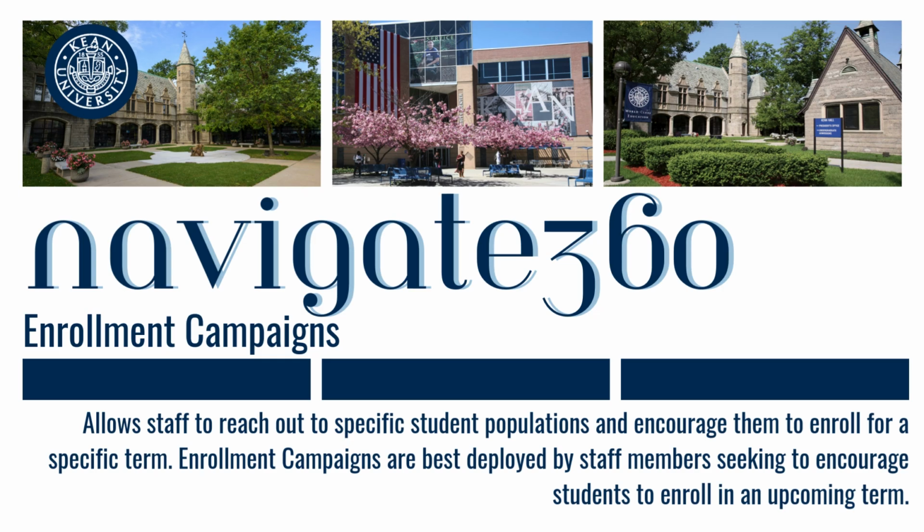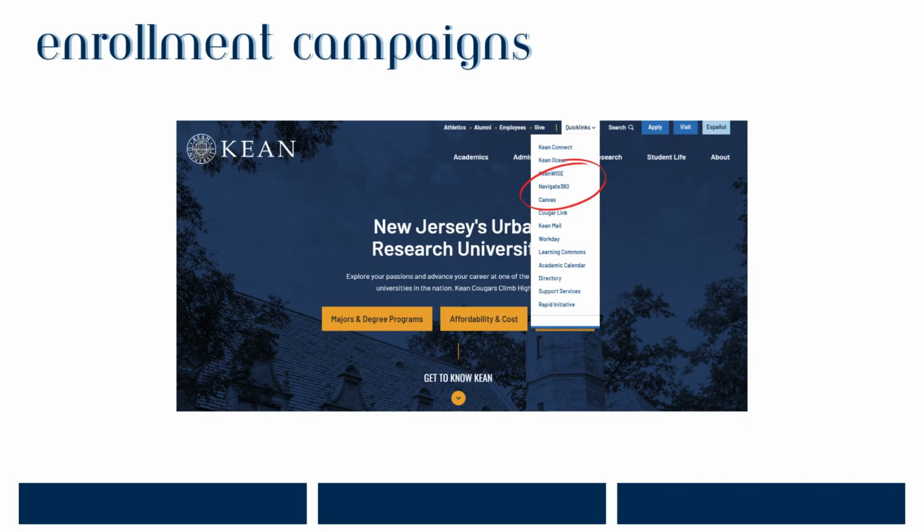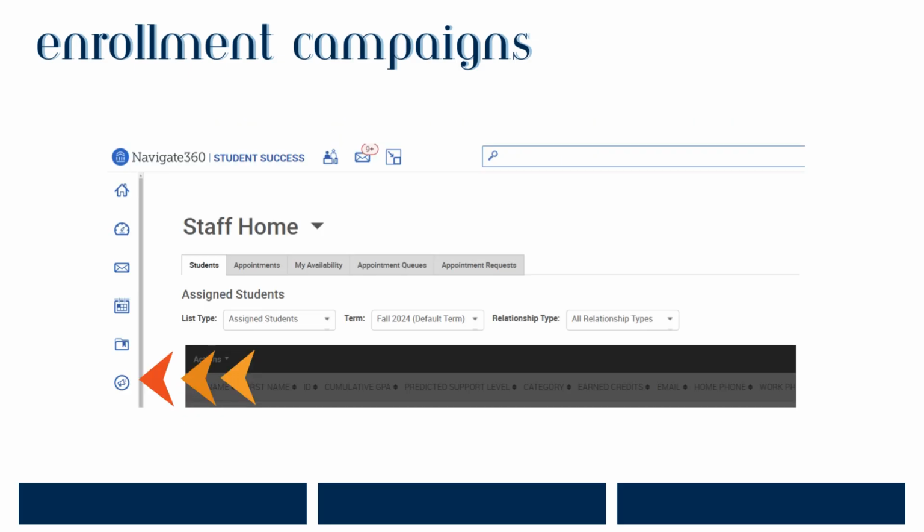These campaigns are specifically designed so that we can reach out to student populations and encourage them to enroll for the upcoming semester. To get started, you'll want to log in to Navigate360 from the Kane University Quick Links, keyword Navigate360. After logging in, you'll want to go to the campaign icon located on the icon menu to the left